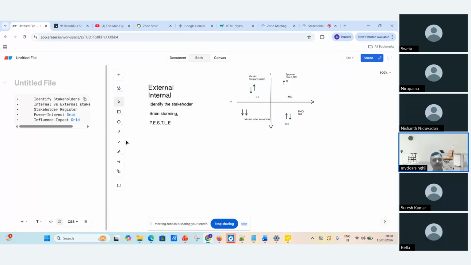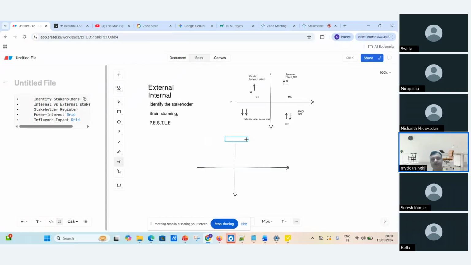I'll explain that. It is upward, downward, sideward, and external, internal. Any idea what upward and downward are?